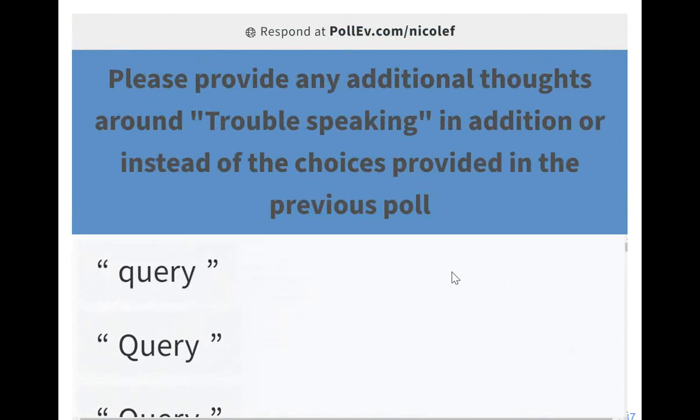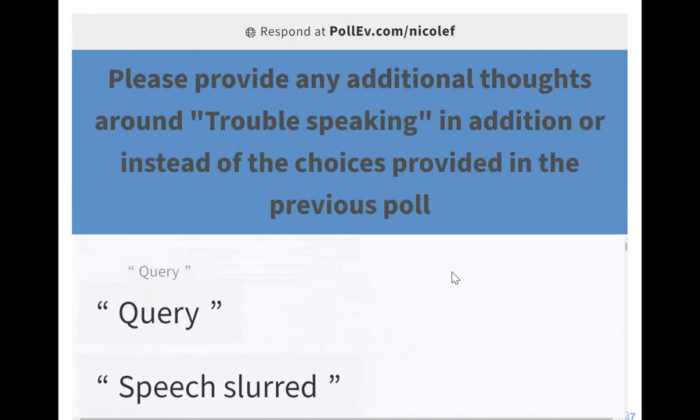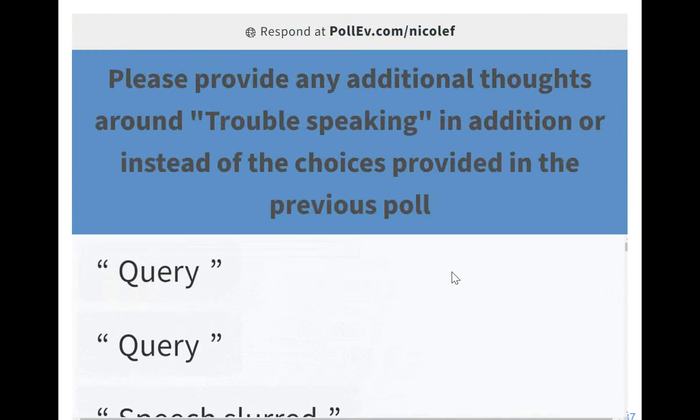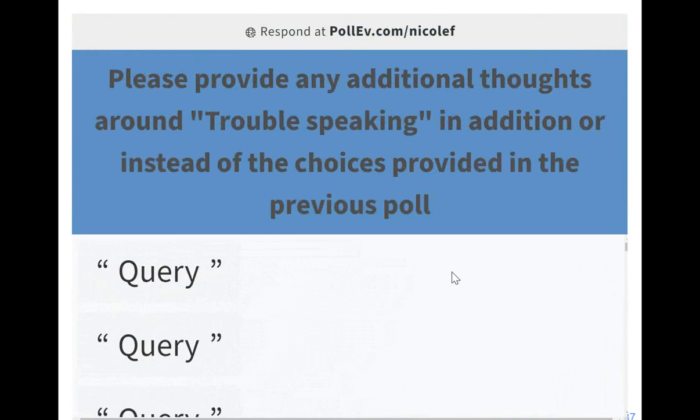So walking through the process was hopefully a little bit mind-opening for everyone, to see that there are all these different options available. Someone is saying they would go to speech slurred. And now we're getting more queries. So Samina, from your perspective, would you also go for a query here after seeing all the different interpretations of a term like this?